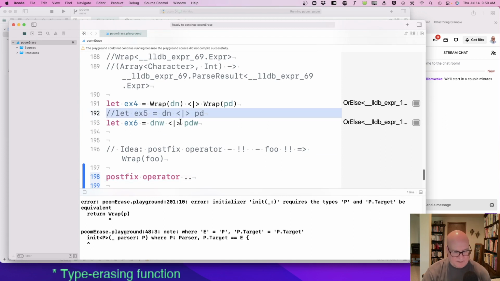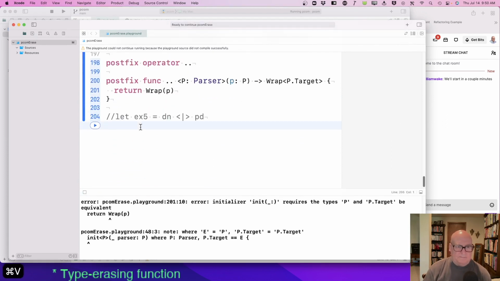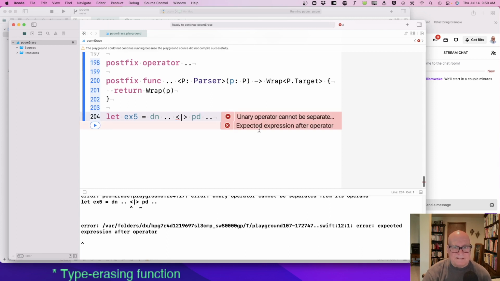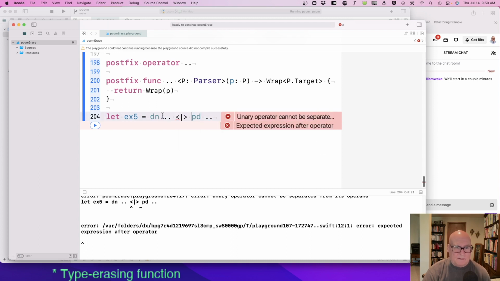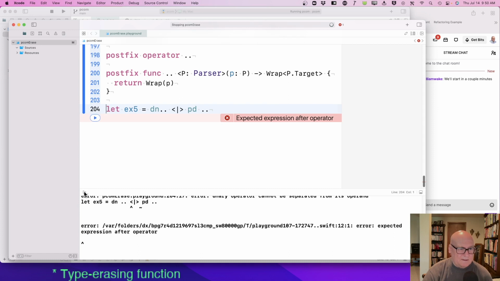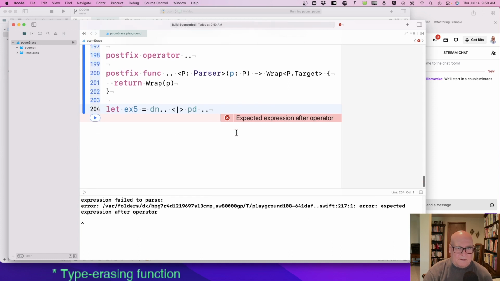So now let's try this thing again. Gotta be separate from its operand. Oh, really? Huh. I didn't know that. Expected expression after 217. Interesting.